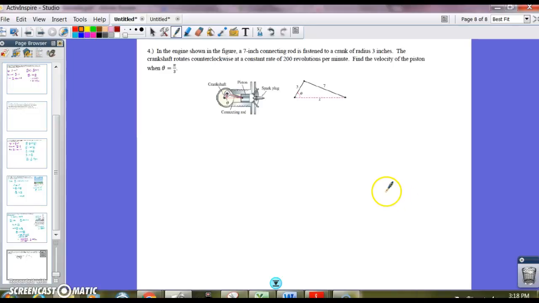Okay, in problem number 4, we're talking about a piston, and it says to find the velocity of the piston when theta is equal to pi over 3. So a couple of things before we get started. First, we need to figure out what our given rate is. Our given rate, so d theta dt